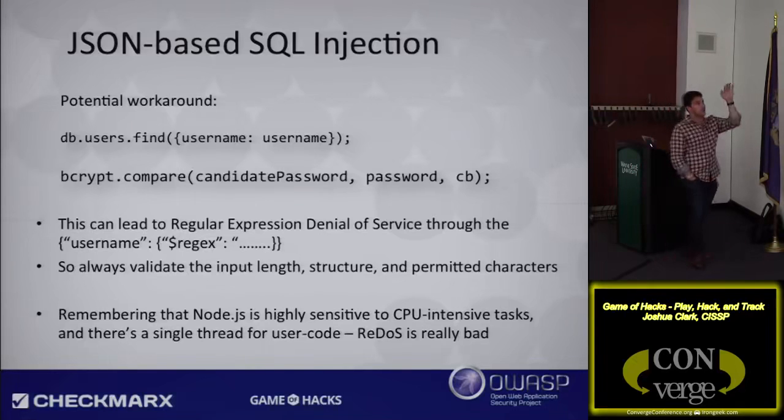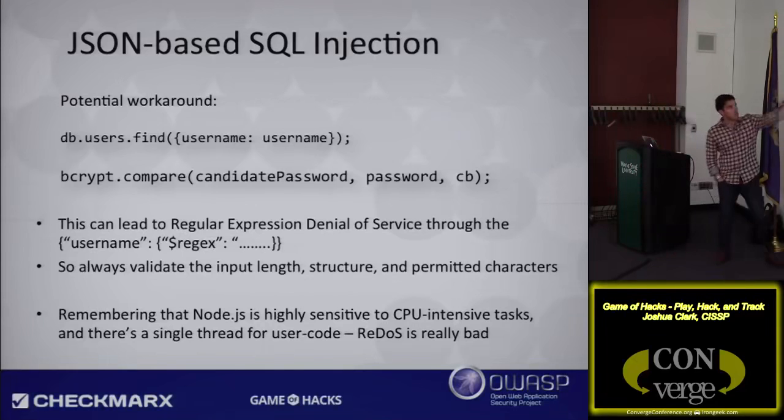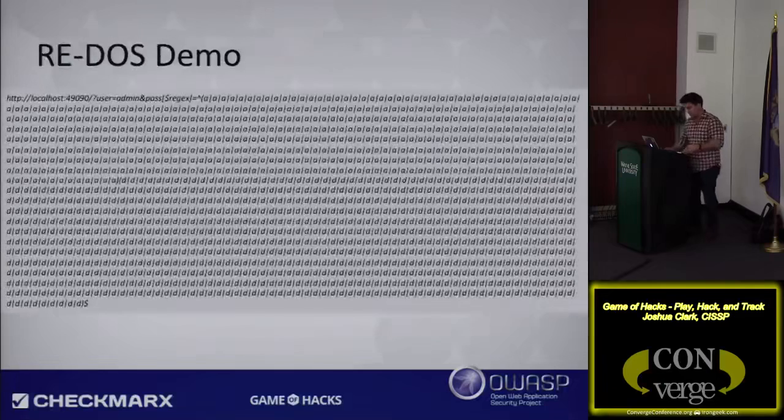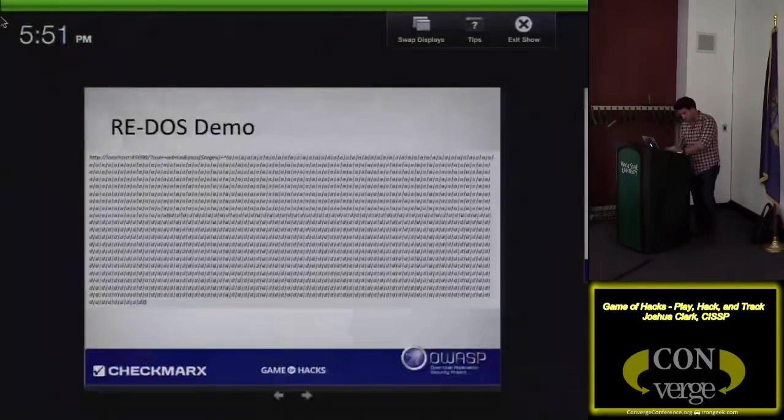Okay, so with this type of injection, a typical workaround would be to do a comparison against a potential candidate password, rather than just doing a lookup. There's also another type of vulnerability in Node.js, not only the operator overloads that happen in there. If you run a regular expression operator, which is very common, since people use regular expressions all the time, to do a lookup, you could also overload the process and get a regular expression denial of service, which is basically what I have here. I will try this one and see if it works.